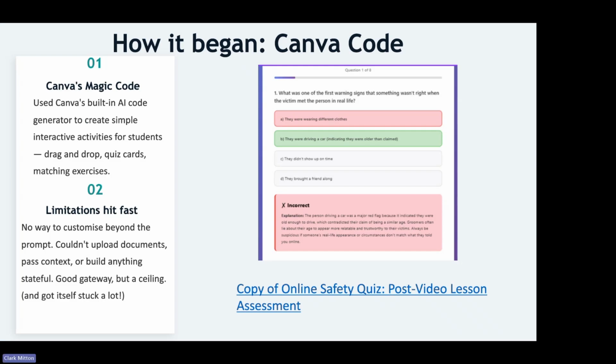So how it all began. I imagine now we're all fairly familiar with Canva code. One of my roles is creating lots of student resources and things like that, and I was really getting into making all these different types of student activities. So on Canva, for example,